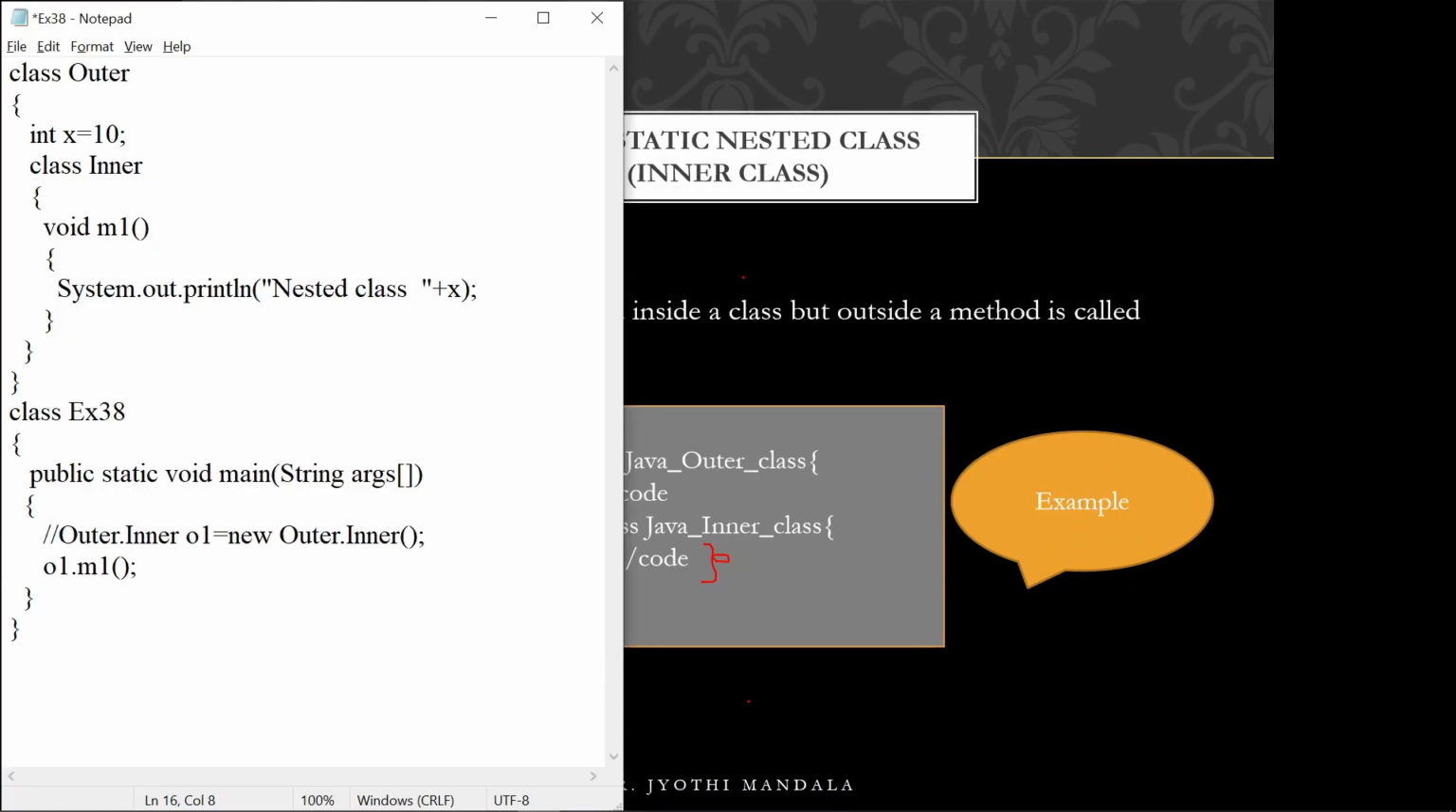For your understanding, let me put that one in the comment box. What we need to first do is create an object of our outer class. Outer out equals new Outer. After creating that object, we need to create an object of your inner class in this fashion. Observe the difference, all of you. Outer.Inner